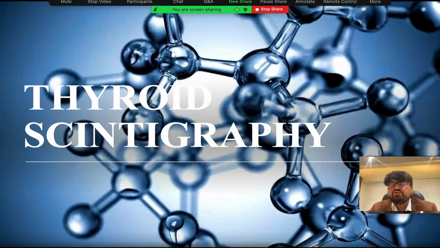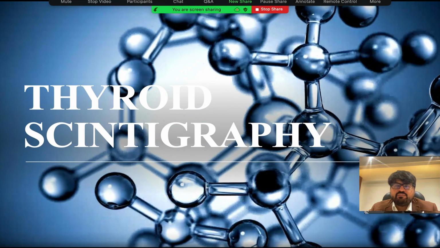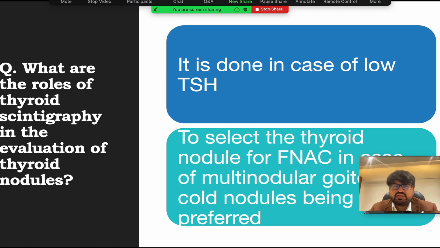Okay, now let's look at the role of thyroid scintigraphy, that is a thyroid scan. We already discussed briefly earlier where you should consider doing a thyroid scan. So a thyroid scan should be done whenever you have a patient with low TSH. So the TSH is low, you should consider doing a thyroid scan. Why this is important is because when you have a low TSH, you could very well have a hot nodule. When you do an ultrasound, they'll report that as a nodule,